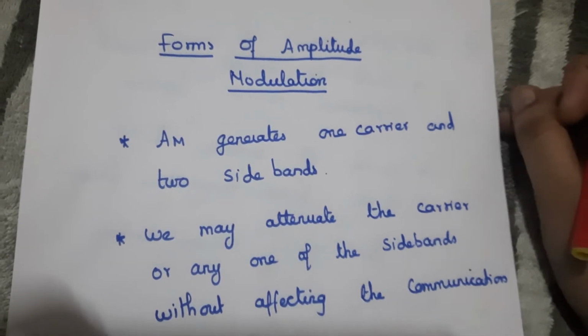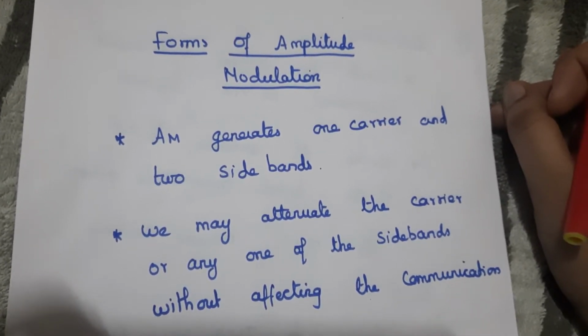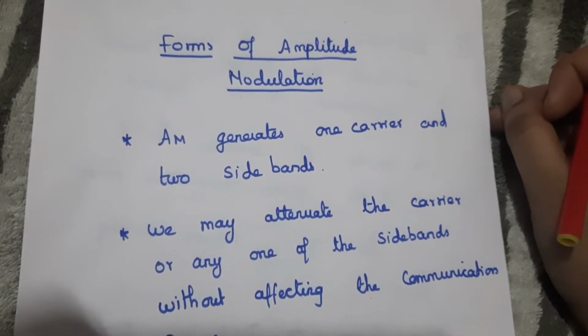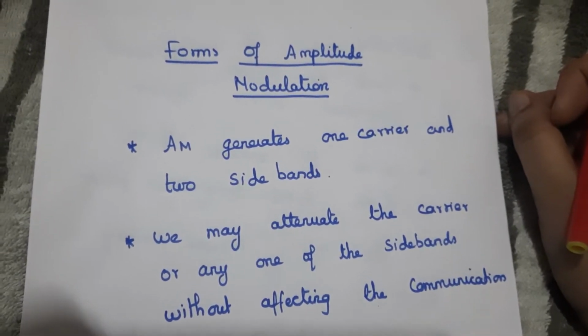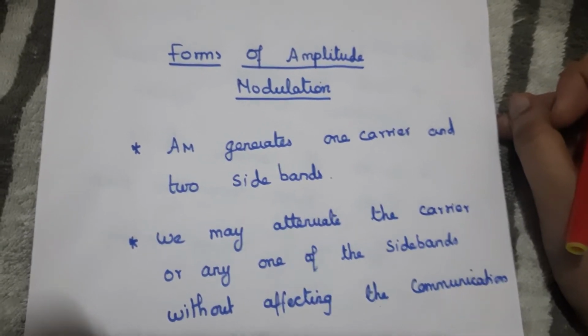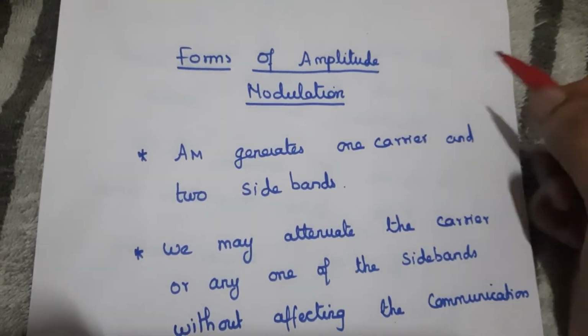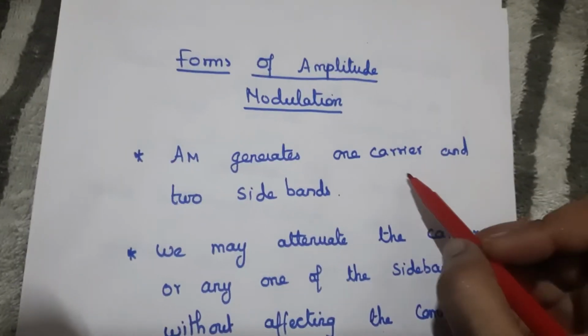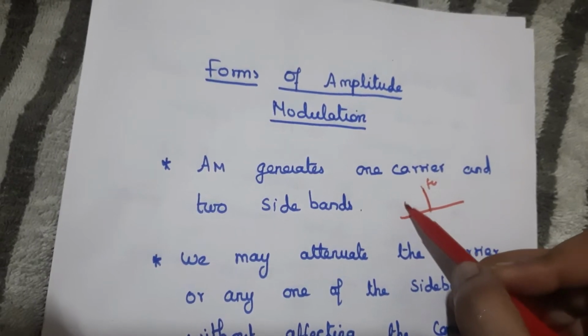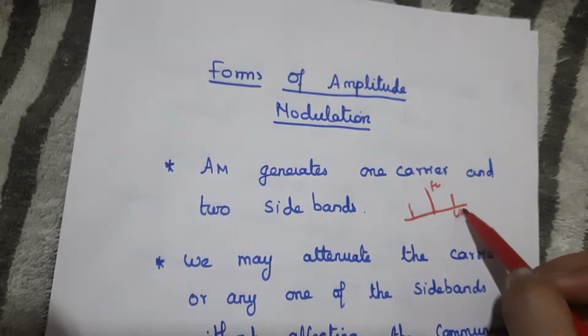In this video we are going to see about the three different forms of amplitude modulation. In the last two videos we studied amplitude modulation, and in this video we are going to see about the forms of amplitude modulation. So basically AM generates one carrier and two sidebands, USB and